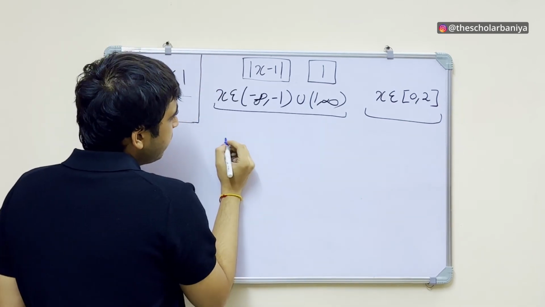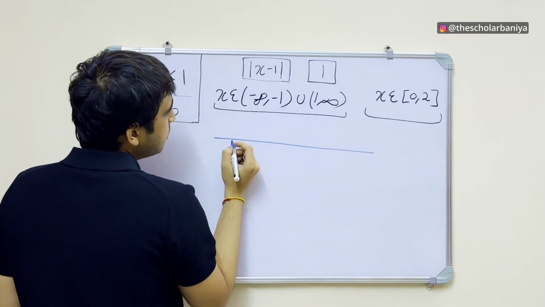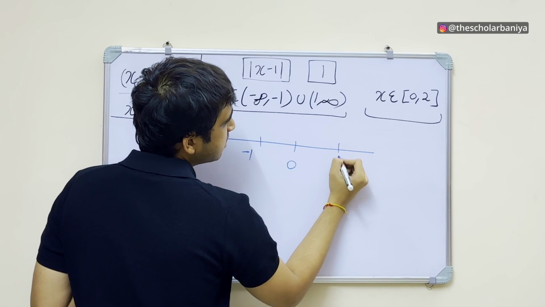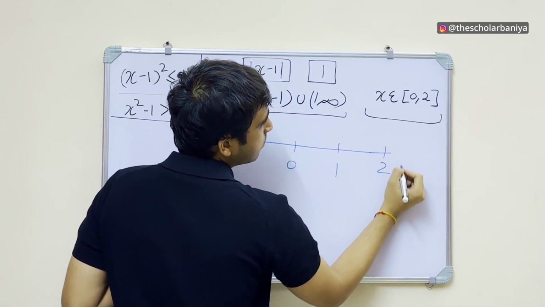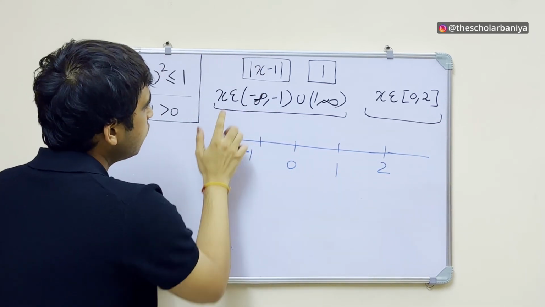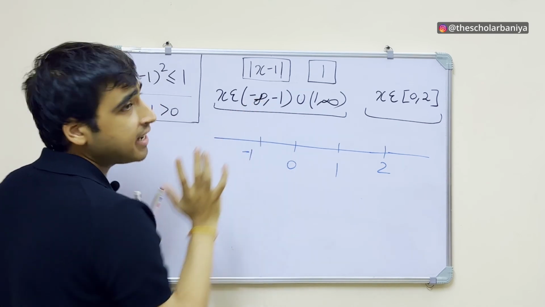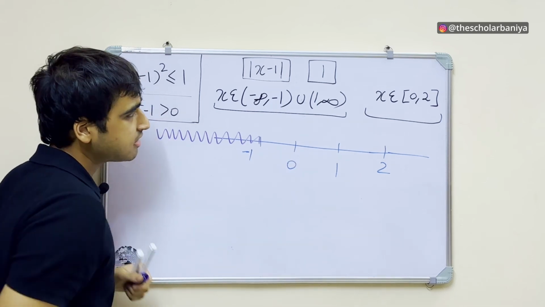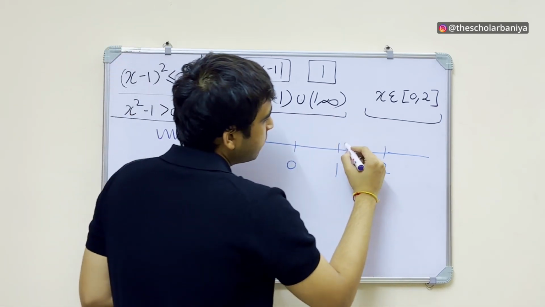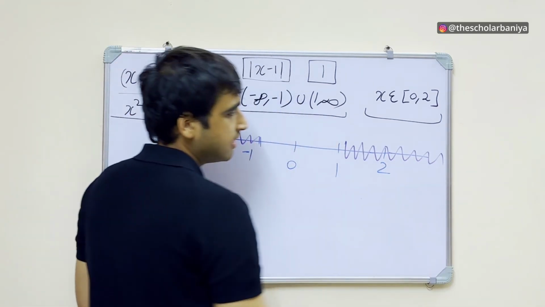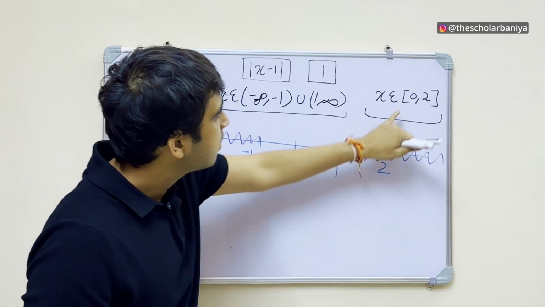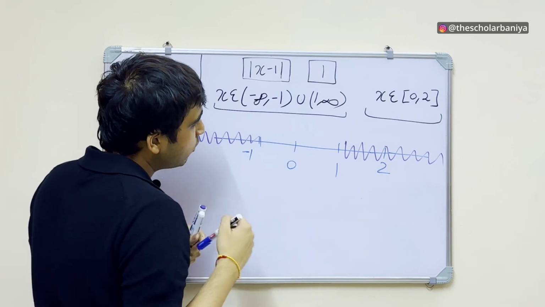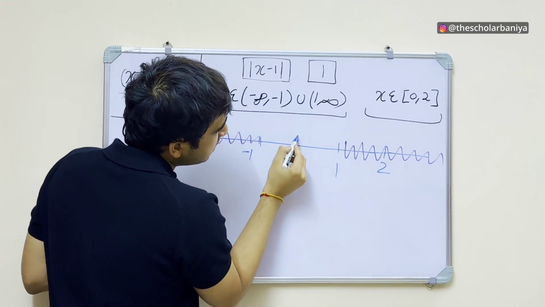Again, now if I form a number line, so this is minus 1, right? This is 0, this is 1, and this is 2, right? So the value of x over here is minus infinity to minus 1, which means the value is like this, and 1 to infinity. So the value is like this, right? And over here, the value is between 0 and 2. That means what is the value? The value over here is between 0 and 2. So the value is this,